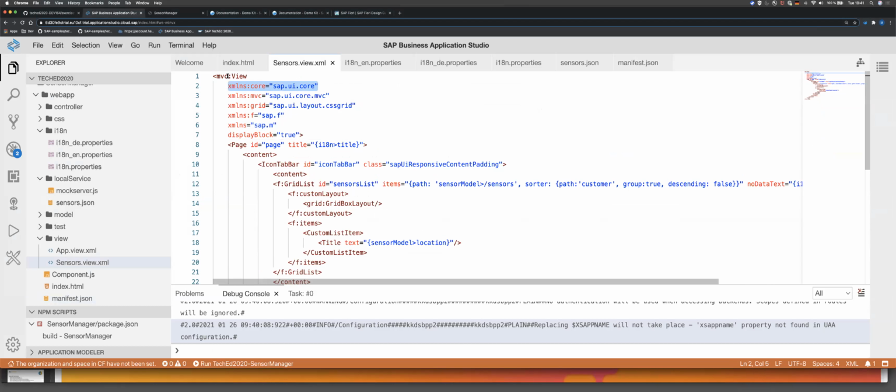Okay, so let's see. We have now only created the view, but we have not included any navigation or anything for how this view can be accessed. Therefore, we have to add another route into our manifest configuration. So let's go to the manifest, to the routing configuration. And here you see at the moment we have only one route. Let's add another route there,